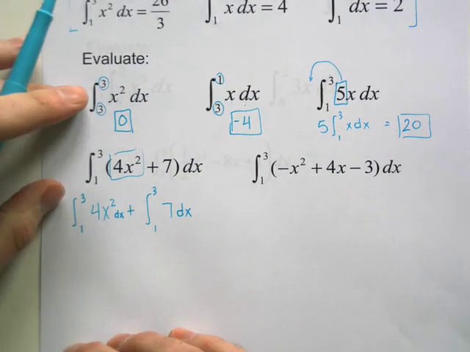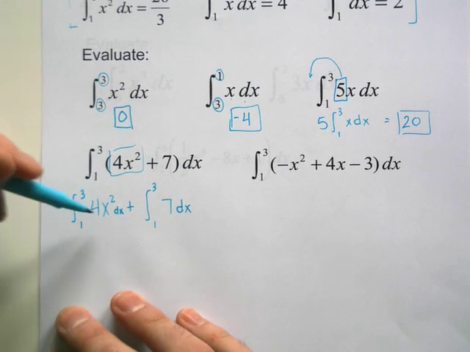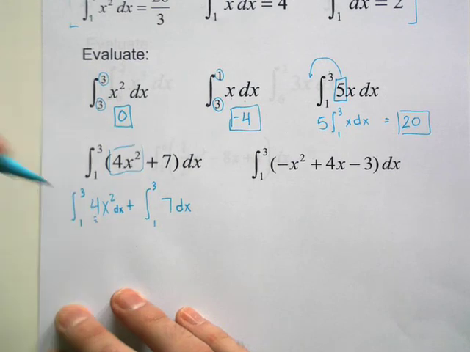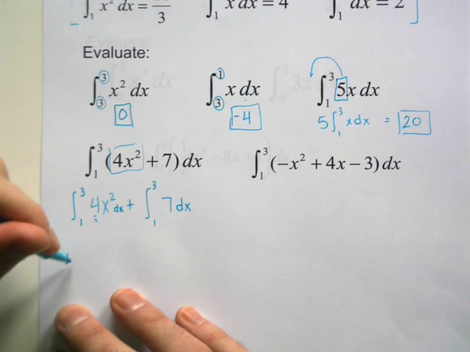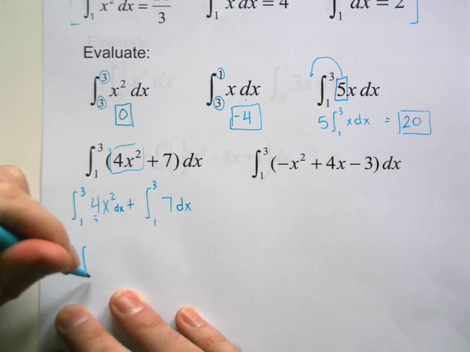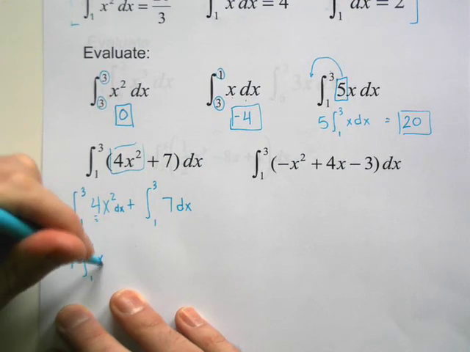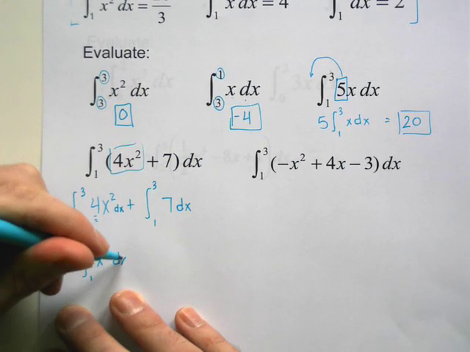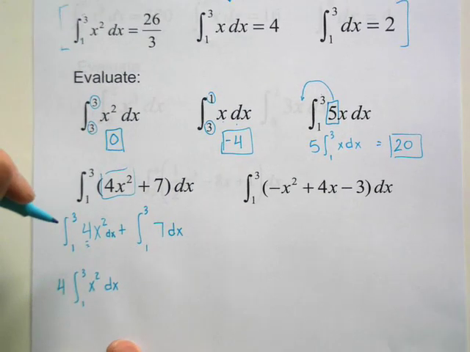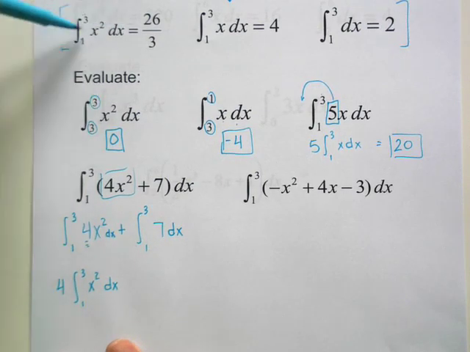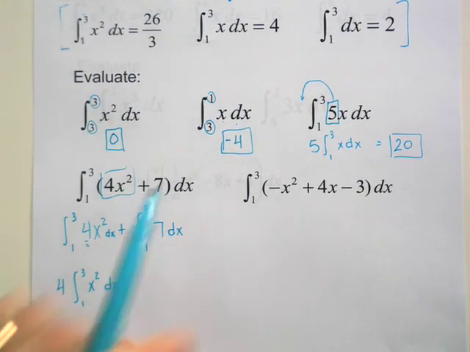Okay. So now once I've done that, I can look at each one of them separately. Okay, so this one I've got a constant right here. So if I pull that constant on the outside and rewrite this as 1 to 3 x squared dx, now that looks like something that I can find, right? x squared dx is all the way up here, and I have that. Okay,